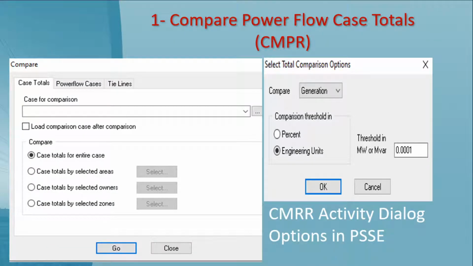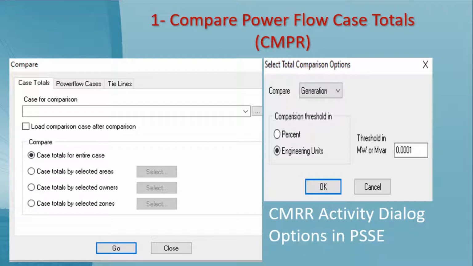So this is the PSSE interface of the first activity, comparing power flow case totals in PSSE. In the first ribbon, the case total, you can load your case for comparison. Once your case is loaded, then you can select your area of study, in which area or on total case you need a comparison.